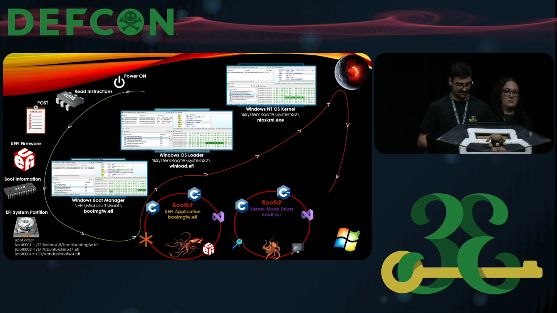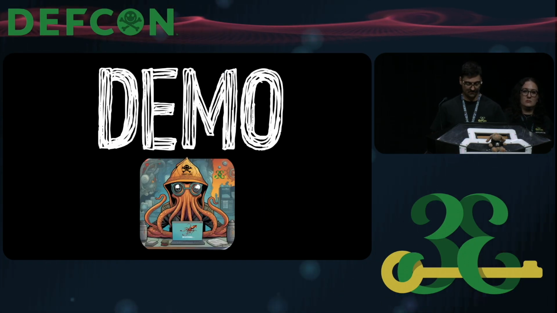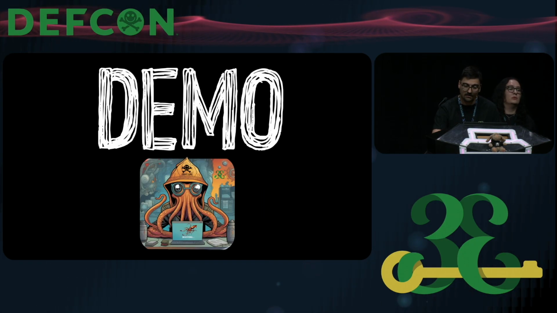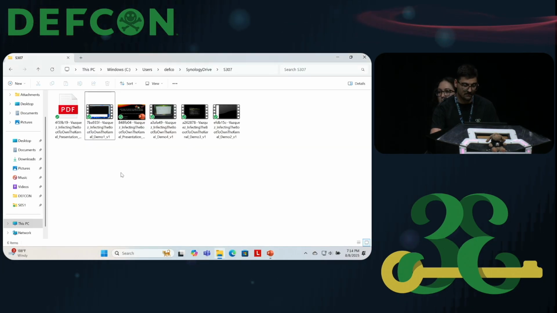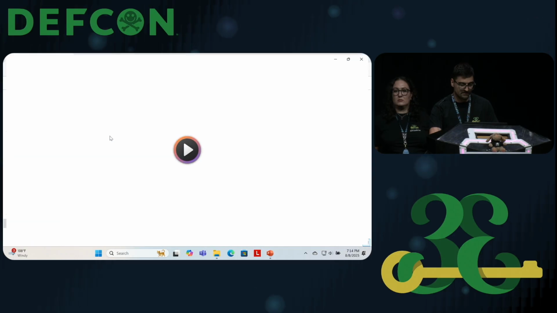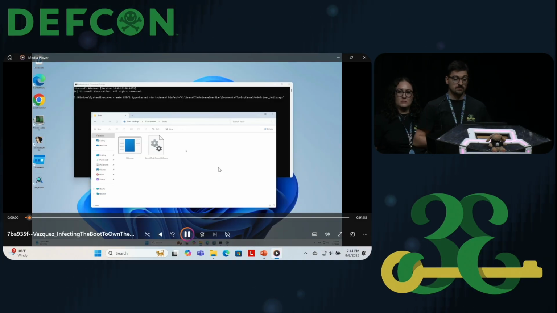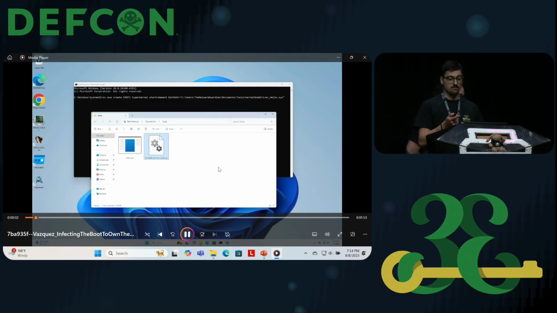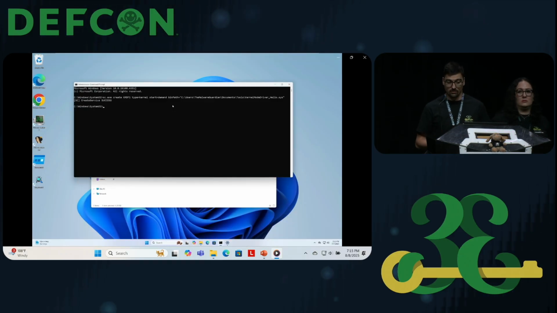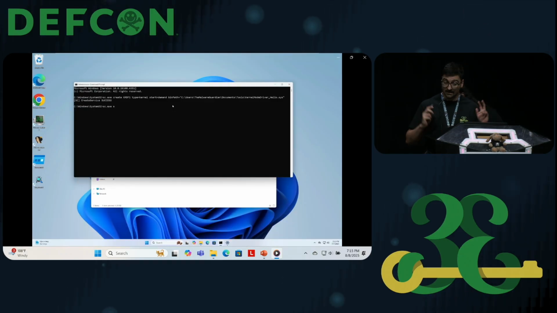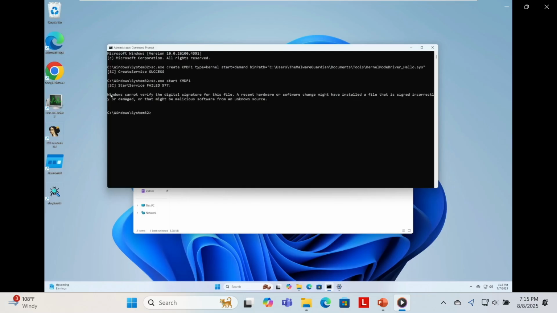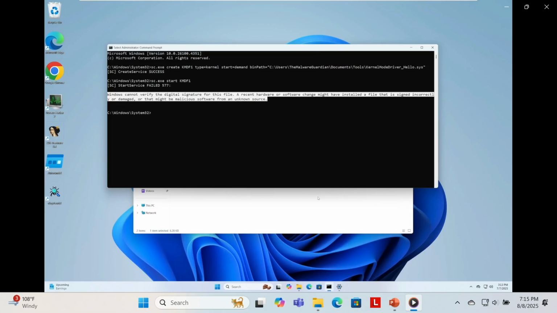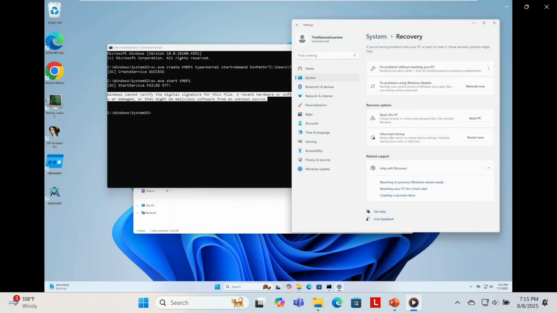And now let's see a quick demo. Okay, the first one. So here we have an unsigned kernel-mode driver. We're going to try and load it in a common way, and you're going to see an error because the DSE is enabled. So what we're going to do now is perform an advanced restart, and we're going to change